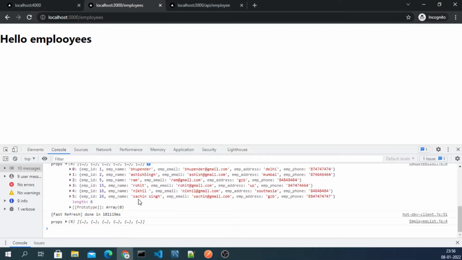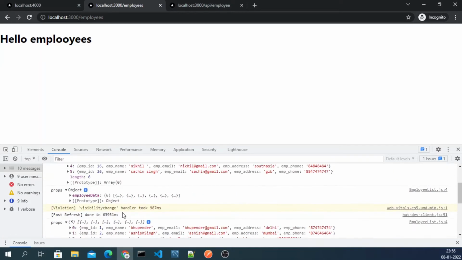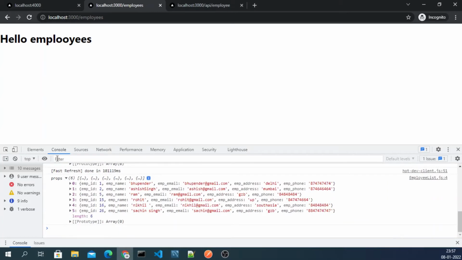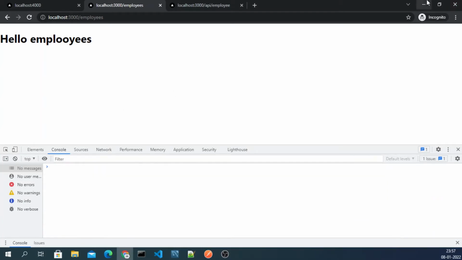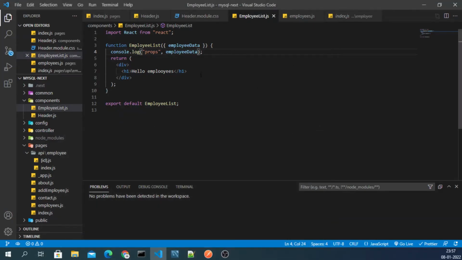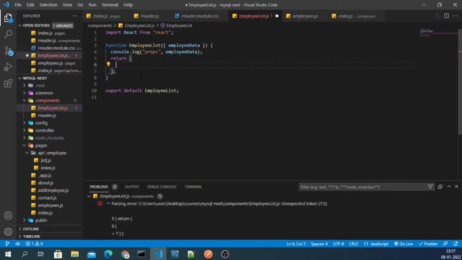If you go and see props, we are getting the same data right now. Now we are getting the data. Now what we have to do, let me first delete this thing from here.